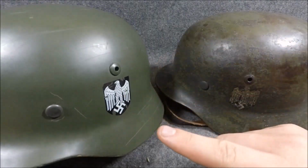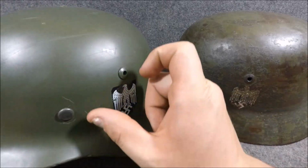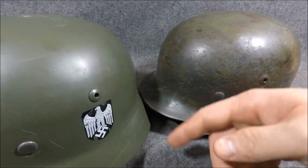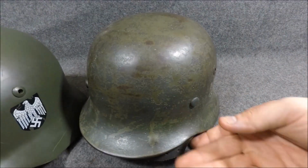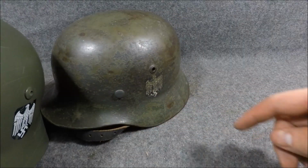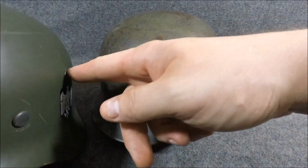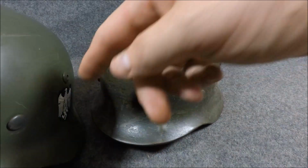this one isn't horrible. First of all, you've got to look at the spacing per size. On a 68, you're going to have a couple inches of decent space, so the Repro got it pretty close. But here, we'll turn these. I'm going to try to move the camera a bit, possibly. I don't know, it's pretty hard to do this solo. Anyway, you see how the profile of this one really isn't that drastic, and this one sticks out a little further. Now I've seen some that are close to that,